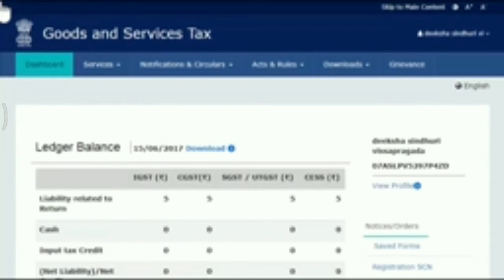Taxpayers can opt for the composition scheme either while making a fresh registration on the GST portal or after enrolling or registering as a normal taxpayer. This video will walk you through the steps to opt for the composition scheme after enrolling or registering to GST as a normal taxpayer. To begin, access the GST website www.gst.gov.in. From the home page, open the Services menu,